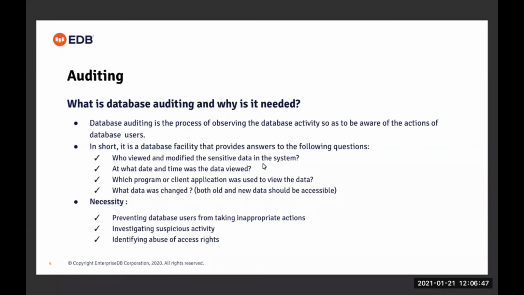Many times, users are granted more permissions than they actually need to do their job. For example, let's say there is a user A who is granted read write permission when he is just supposed to be given the read permission. He can make use of the write permission to do bad things. To identify such bad actions, one can make use of the database auditing feature.